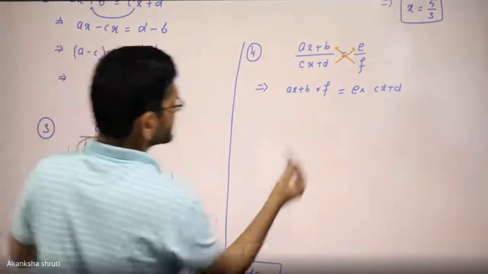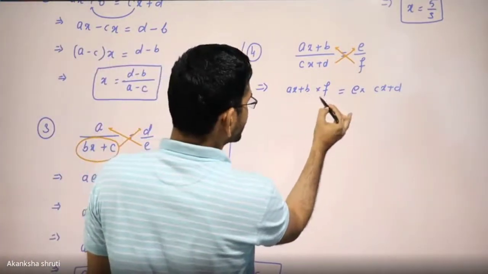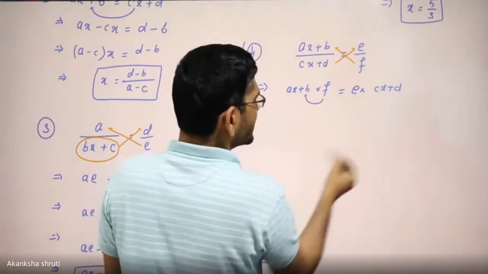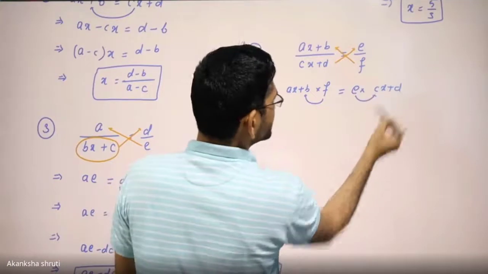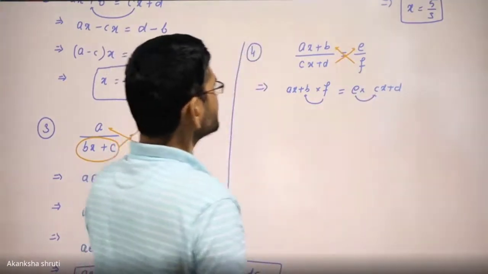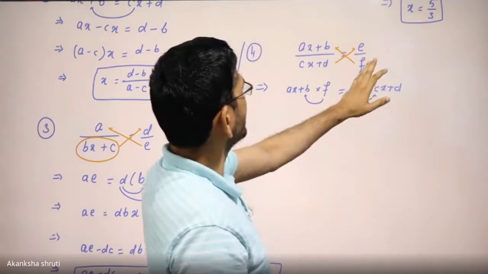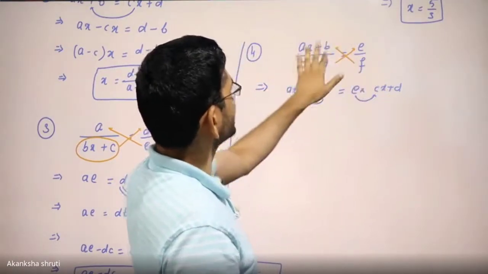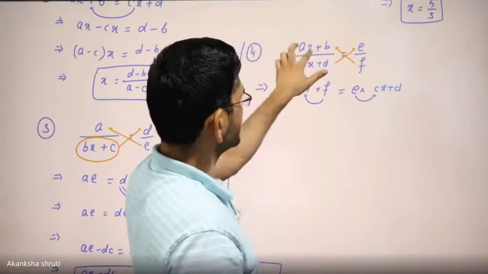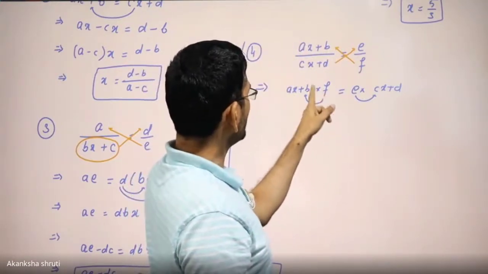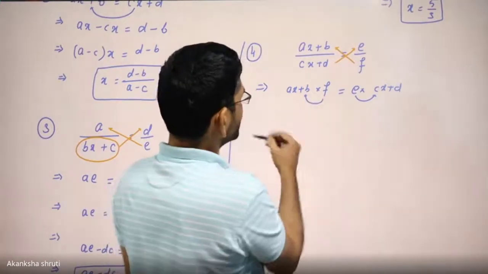Students, in this case, you have not put the bracket. It simply means f is to be multiplied with this b only, and this e will multiply to this c only. But the cross multiplication rule tells that whatever the denominator on the right hand side is has to be multiplied with the numerator of the left hand side, meaning all of the numerator of the left hand side. So if you forget the bracket, it will be multiplied with b only.